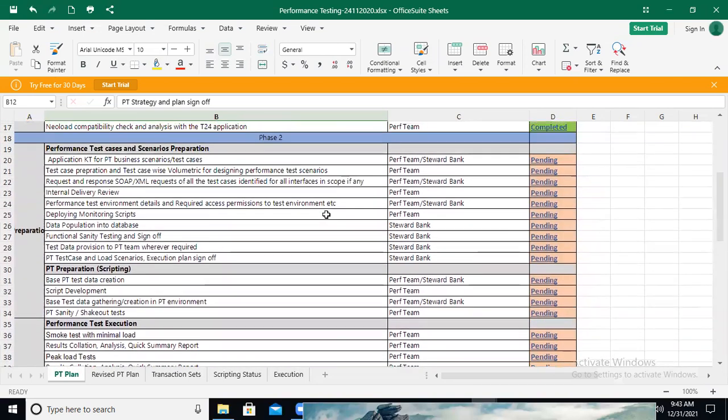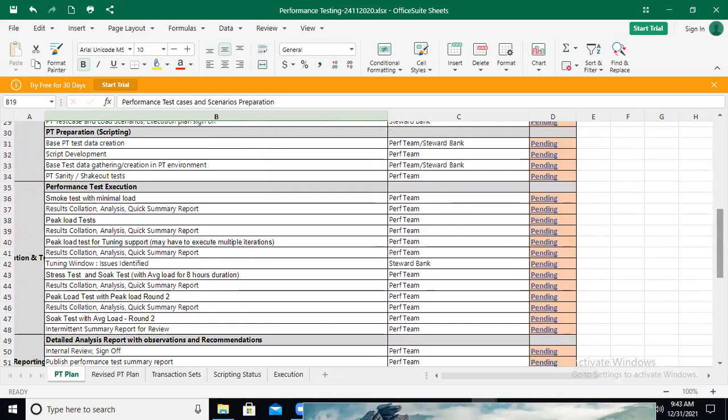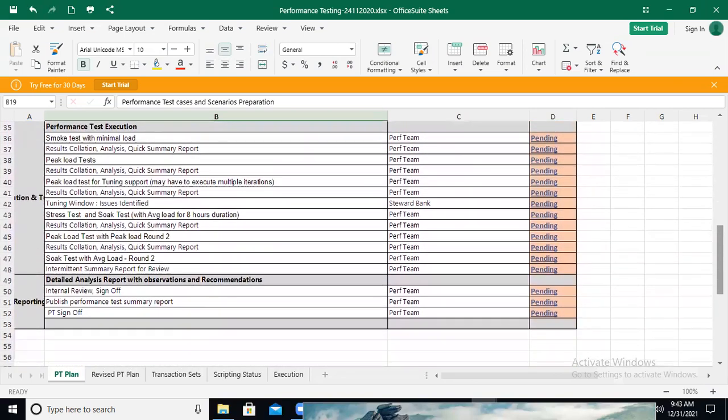See one by one: first will be scripting, and after that test execution. This is the scenarios part, test cases and scenarios preparation, then scripting, test execution, and reporting, observations and recommendations. What we see in that document, the same thing will be there in the test plan also.